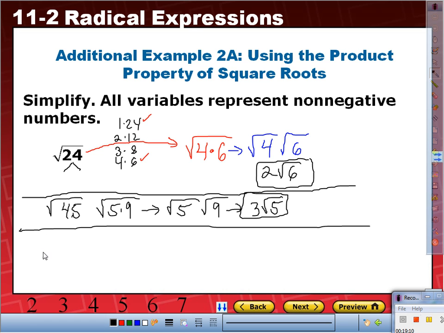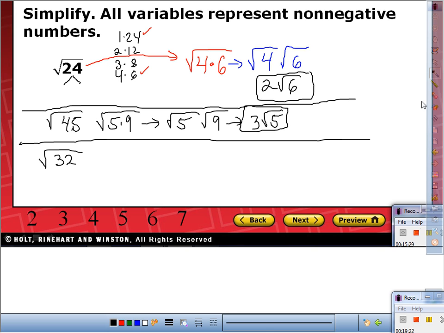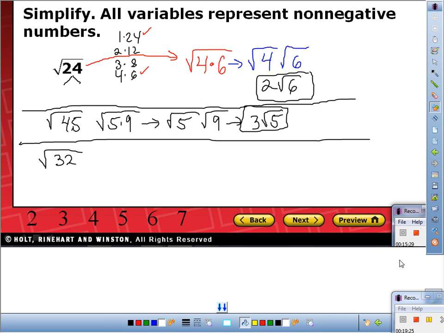Careful with this one. Square root of 32. Go. Okay, here we go. Let me move this up. So,